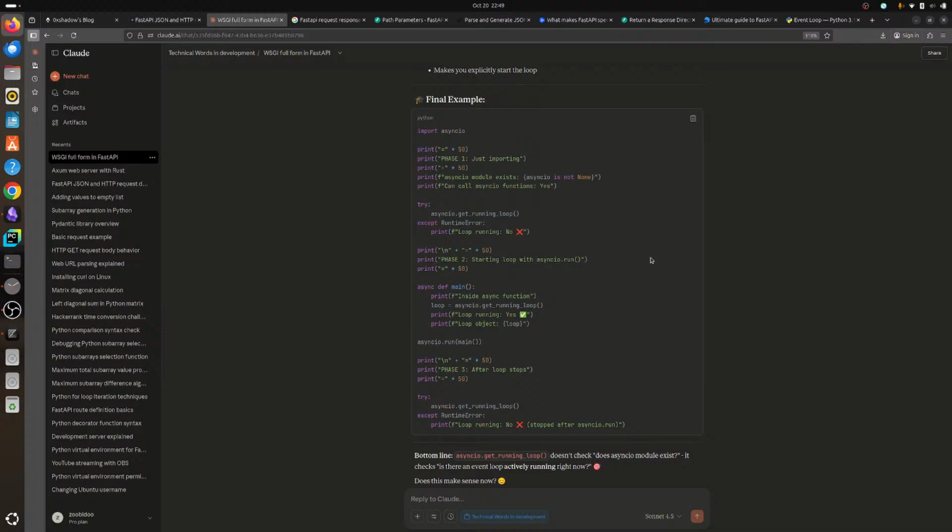Phase 2, starting the loop with asyncio.run. asyncio.run(main) will first execute and then it will run asyncio.get_running_loop. Okay, so it is saying that when you are running asyncio.run, then only the loop is created, and then only it will